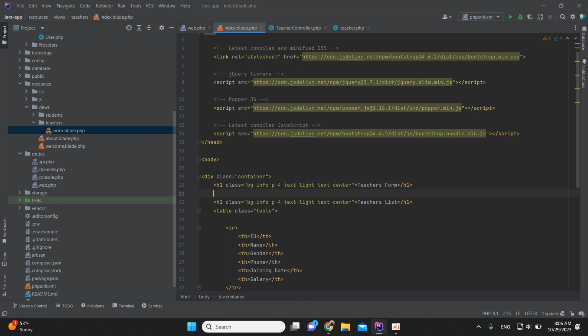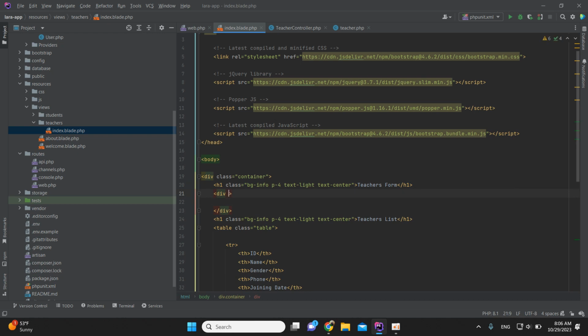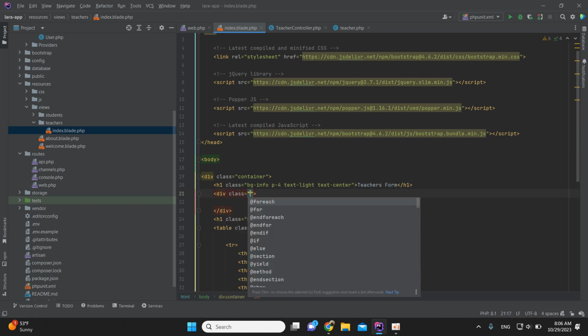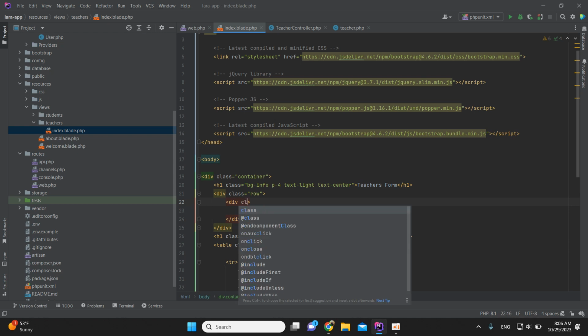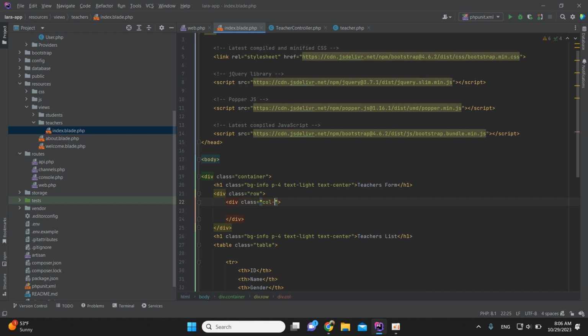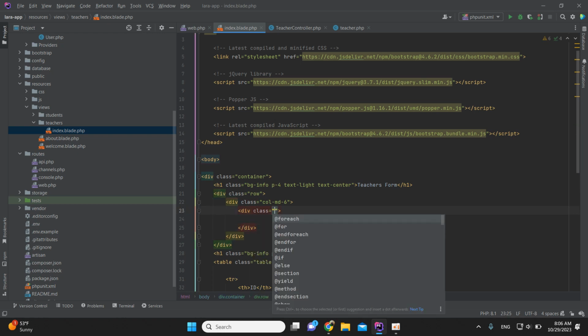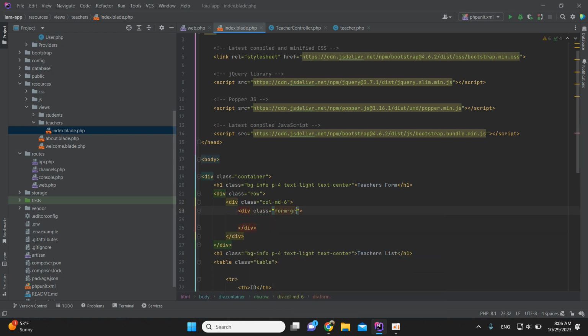And after that, for example, here we want a div, and here we have a class, and here also a div with a class, for example, let's just make it col-md-6, and then a div for the class of form-group